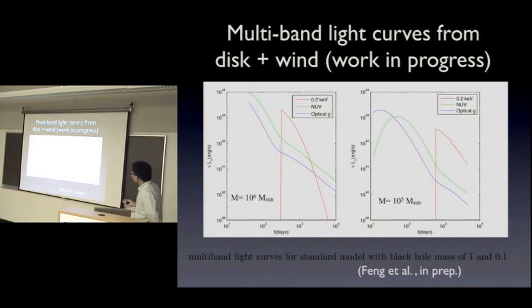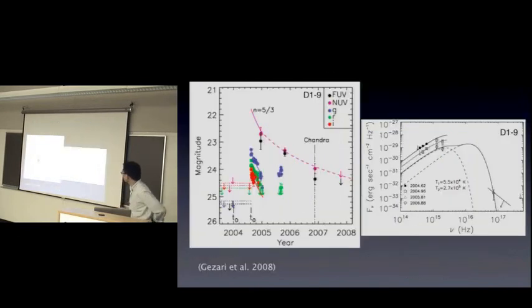If this kind of light curve can be observed in an event, then this can give us some idea whether there is going to be strong wind early on due to the shock heating, and whether our disk evolution model is accurate or not. So the goal is to try to apply this disk emission model to some events that have been detected, and see if we can explain the data very well.